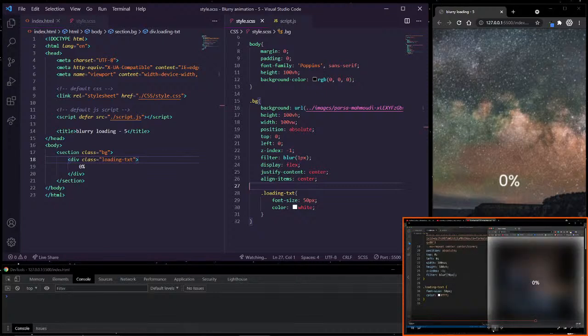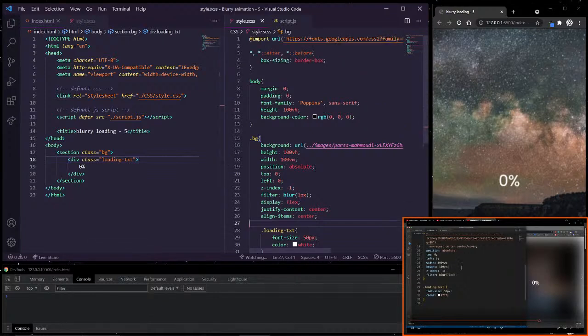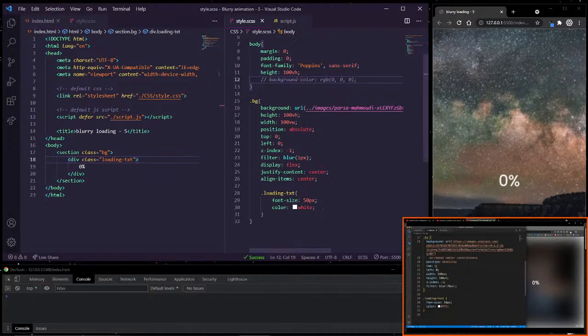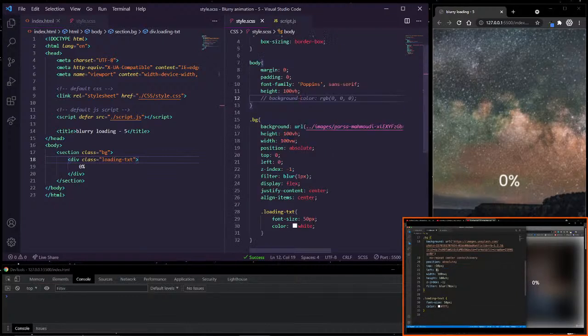Now notice on the edges, this comes out quite a bit. So I actually want to fix that. I don't want it to come out that much. So for the top and left, I'm going to set that to negative 30 pixels. And let's also set the left to negative 30 pixels. Now if I do that, you're going to see there's less spacing on the left and the top, but there's